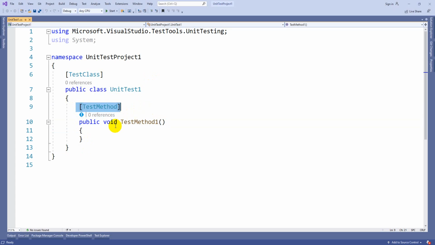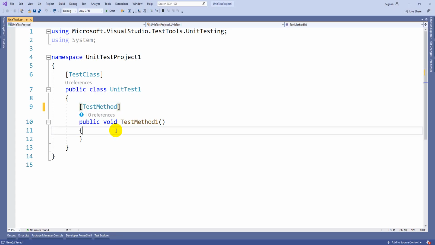We can have n number of test methods inside a particular class. Whenever you are not mentioning any annotation, the system will treat it as a regular method, not a testing method. Only when there is the TestMethod annotation will the system recognize that this method is implemented for testing